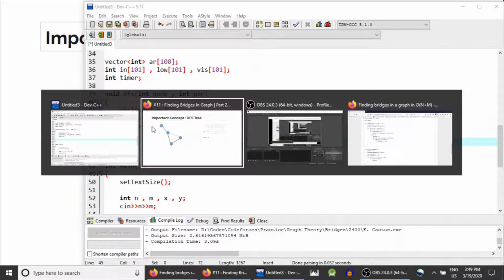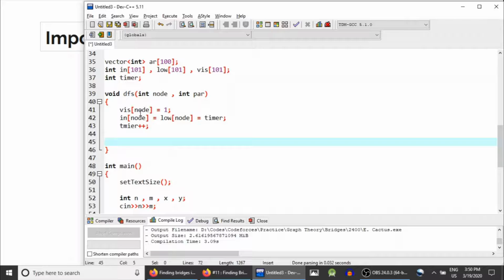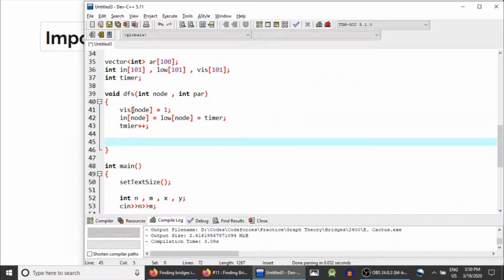Now whenever you reach any node, you do 3 things. First, you initialize its in time and low time, and then increment the timer. Oh yeah, we also mark it as visited. So everything we have done. Now what we do, for each node we traverse its adjacency list and see which edge is forward edge and which edge is back edge. So in the adjacency list, I call each node child. So in the adjacency list of current node,